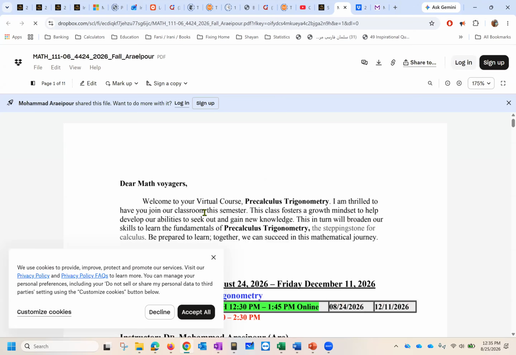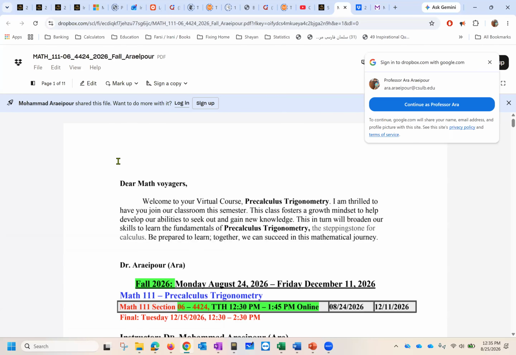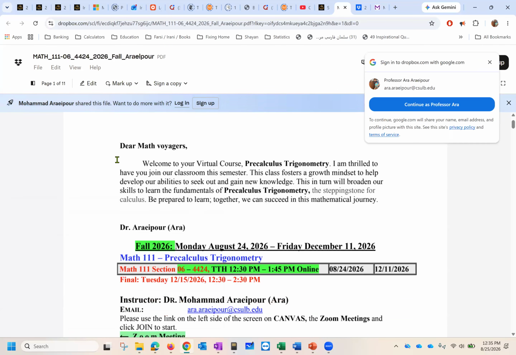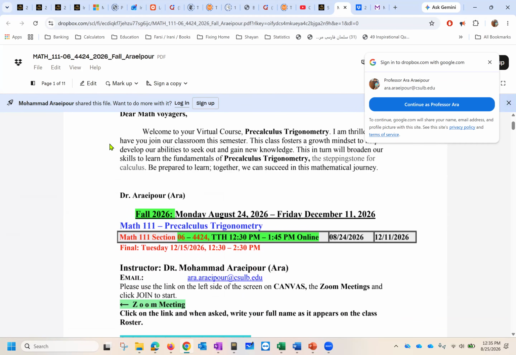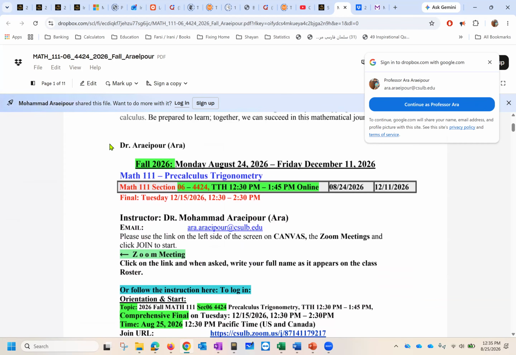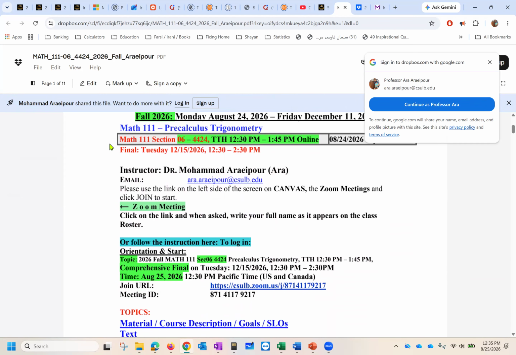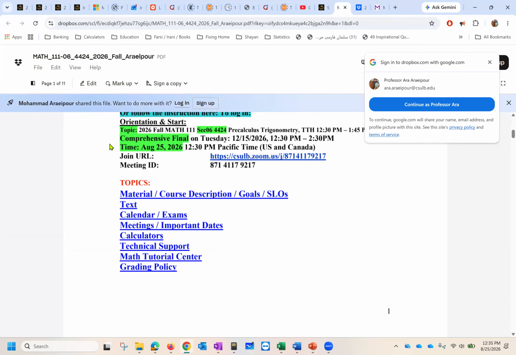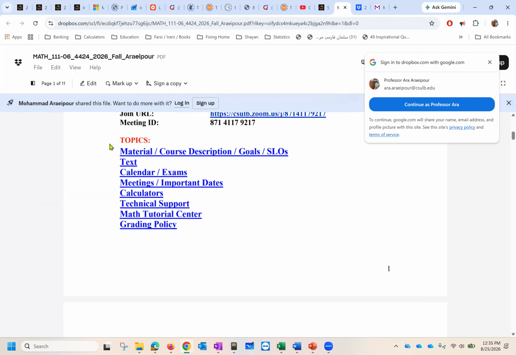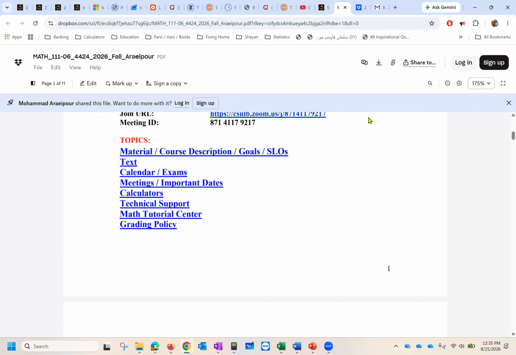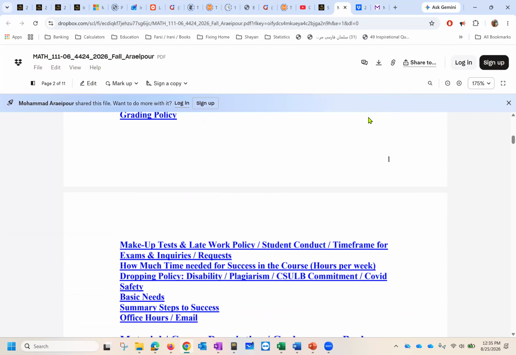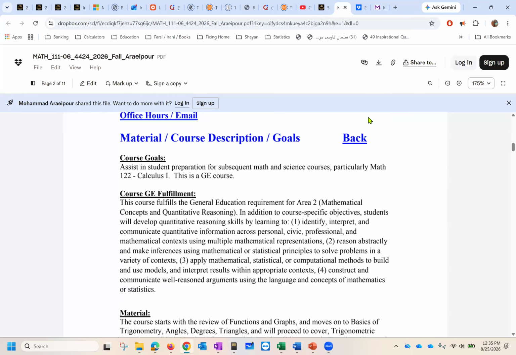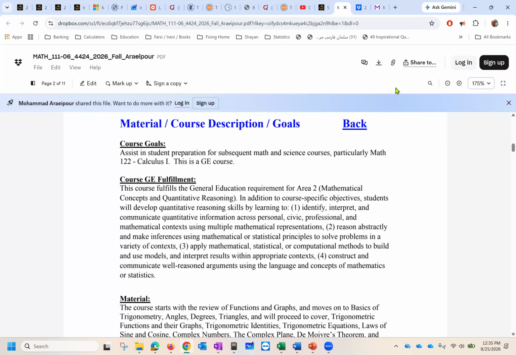Here's the syllabus. Again, welcoming you to your virtual course first. Information about the course, the section number, and so on. Again, the Zoom meeting. Then, because nowadays syllabi are getting larger and larger, I'm going to put them in a topic format so you can go to a topic of interest, for example, your grading policy. So here's what's happening. Here's the course goal,